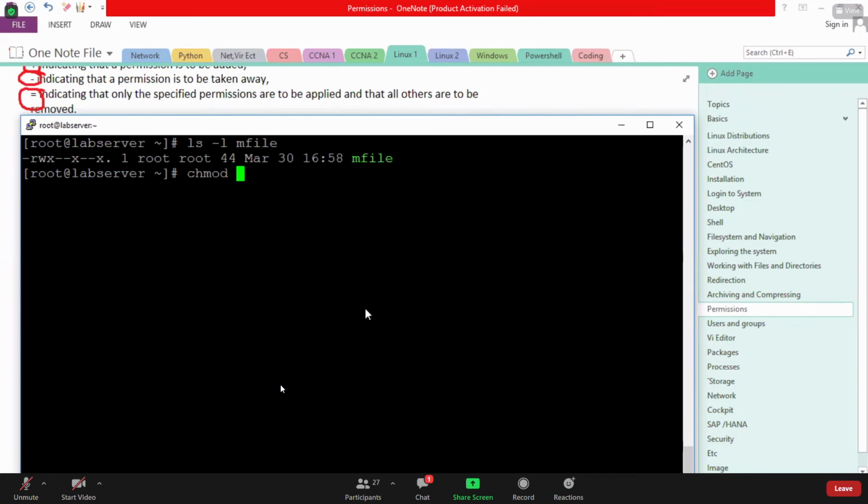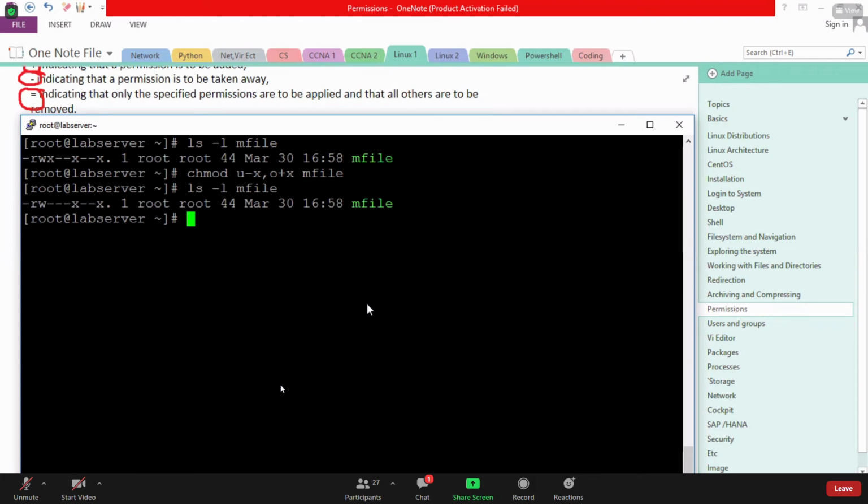Chmod u minus x, remove execute permission for user, comma, add execute permission for others, o plus x. O stands for others. For file m file. If I check ls -l m file, you can see you removed